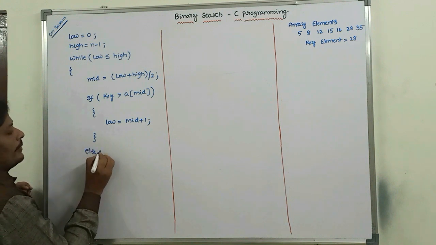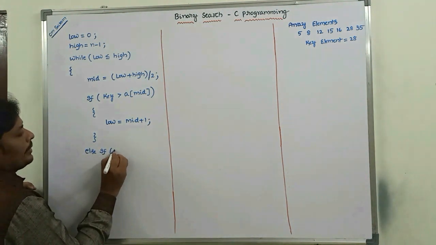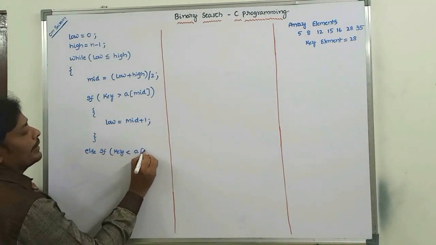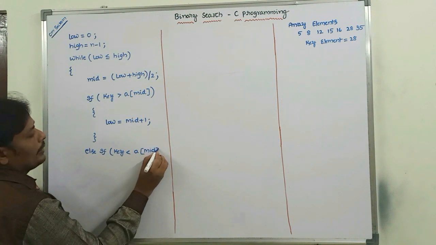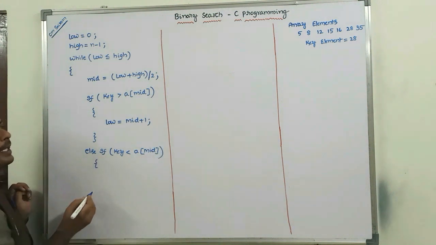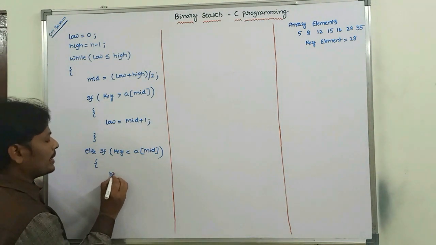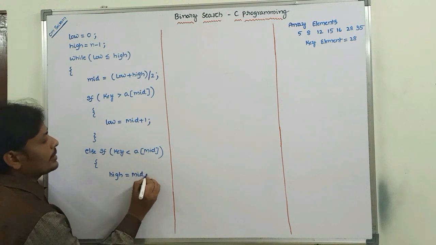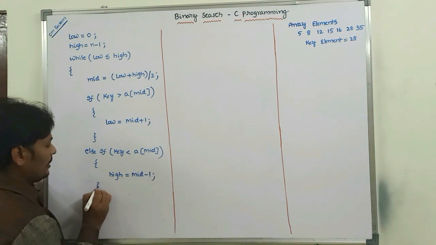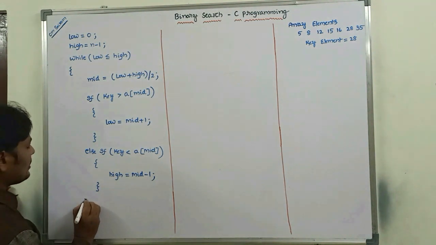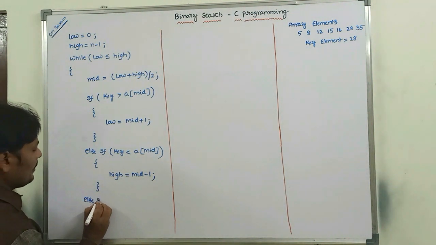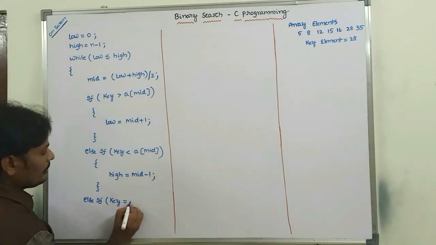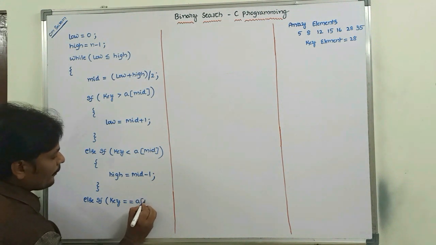Else if key less than a[mid], then we can say that high is equal to mid minus 1. High is equal to mid minus 1, semicolon. Next, else if key is equal to a[mid],